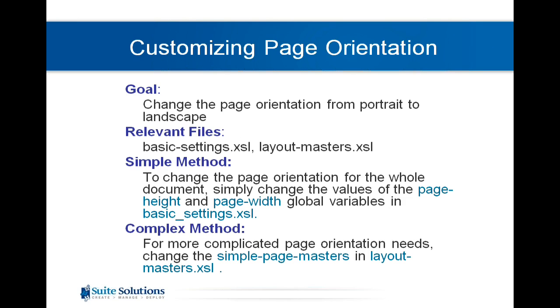Two of the items it can change are the page height and width, which will clearly change our page from portrait to landscape, for example. And that's in fact the simple method: if you want to change the page orientation for the whole document, all we have to do is change those two variables, the page height and page width, in basic settings. And by changing those dimensions, we can affect the change in the whole document. However, if you have more complicated needs than just making a change to the height and width for the whole document,